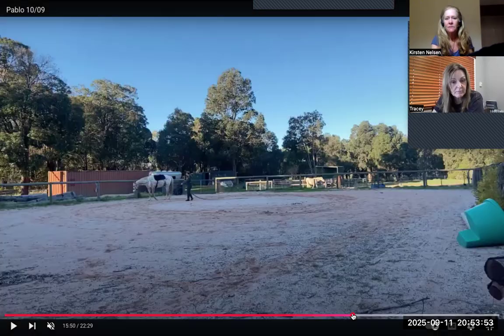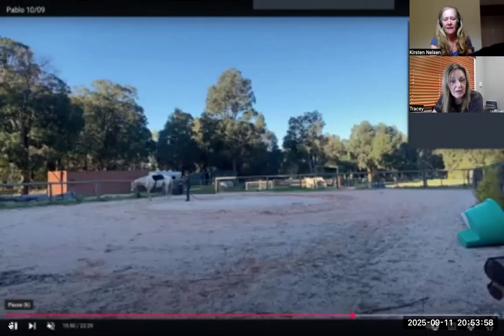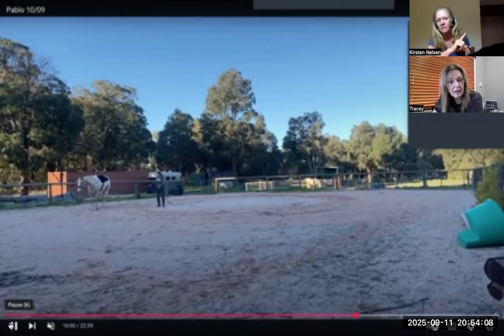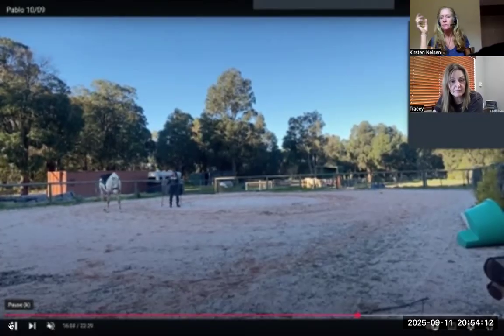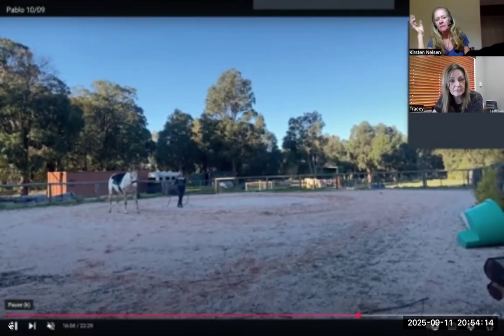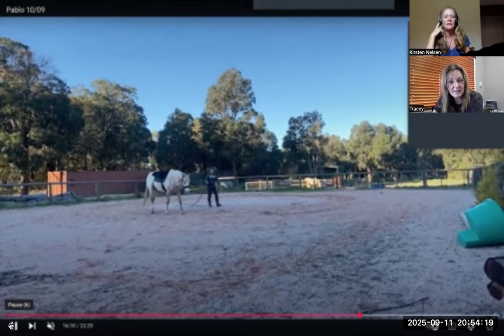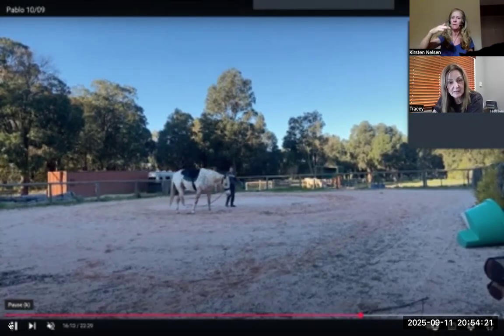Oops. This is very obvious, long and low. The neck is long and the head is below the back. Here, the neck stays long and the head elevates in line with the back. You see that just for a stride or two, right? Then he loses it again. The neck bends or it goes back down to the ground. And then every once in a while, you see one step or half step where that